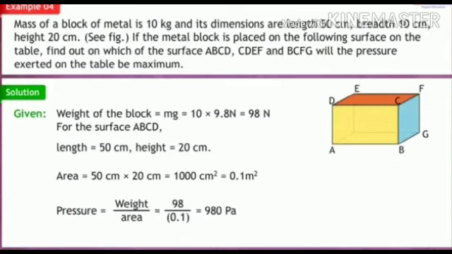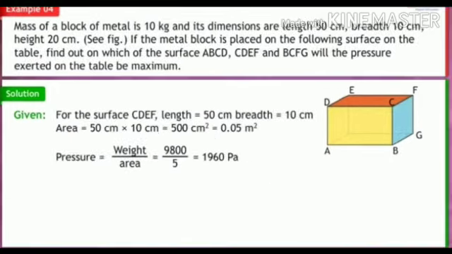Now for the surface ABCD, length is 50 cm, height is 20 cm. Now area will become 50 into 20, that is 1000 centimeter square. After converting it into meter, we will get 0.1 meter square. Now we know that pressure is weight upon area. Now substitute the value. Here weight is 98 Newton, area is 0.1 meter square. Now multiply by 10 in the numerator and denominator. You will get 980 divided by 1, which is equal to 980 Newton per meter square,